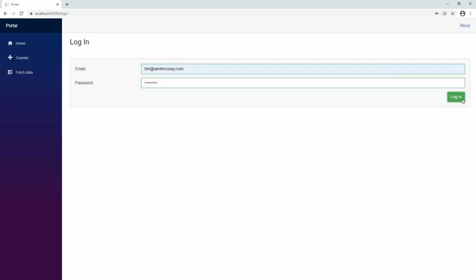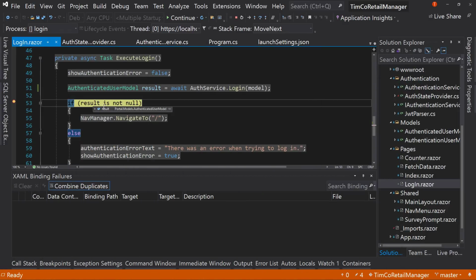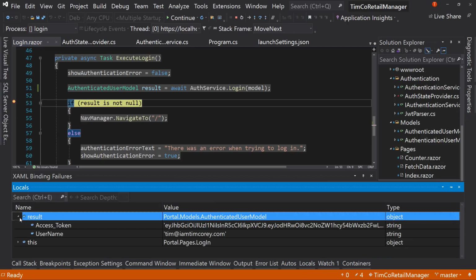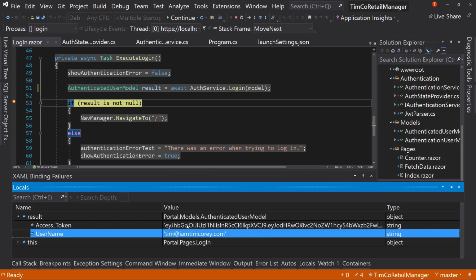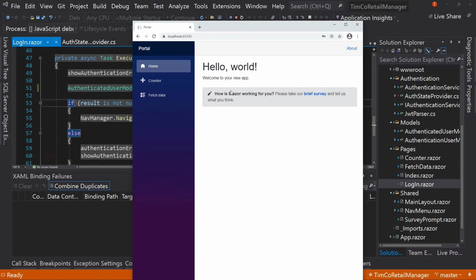And let's see, I don't think I actually clicked on that button. Oh, you know what? I think it's probably at the breakpoint. Result. Here we can look at the locals window. The result is an actual object. Username is Tim, I am Tim Corey, and there's a token. Therefore, we can take the breakpoint off and hit continue, and it will go to our home page because